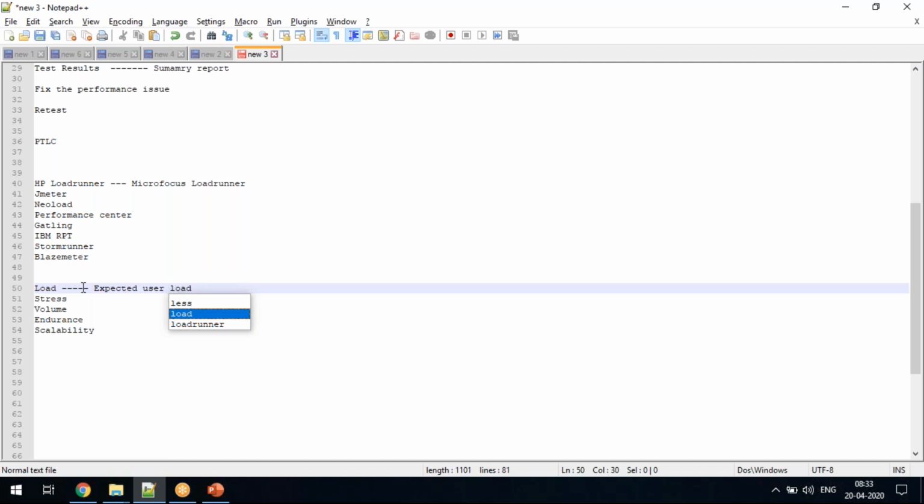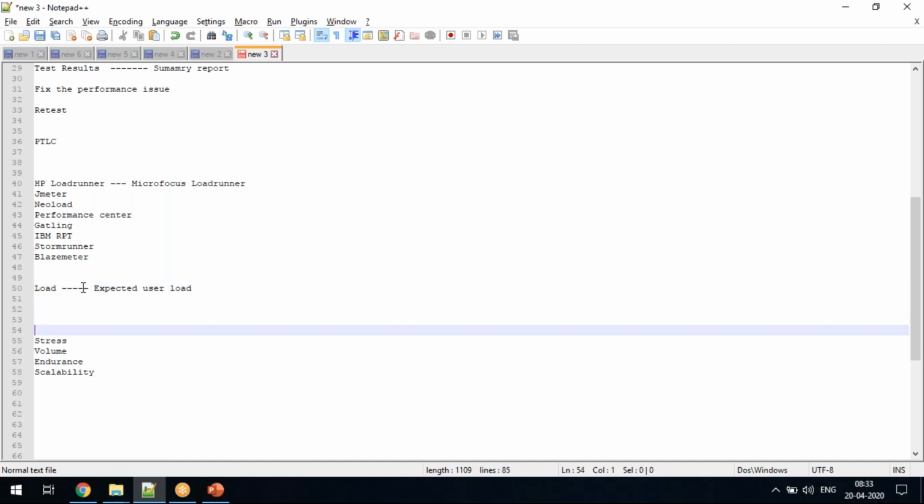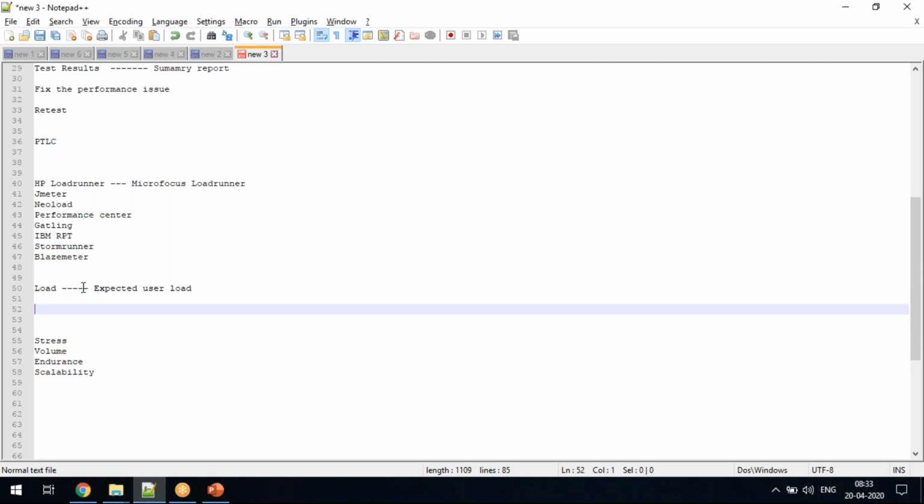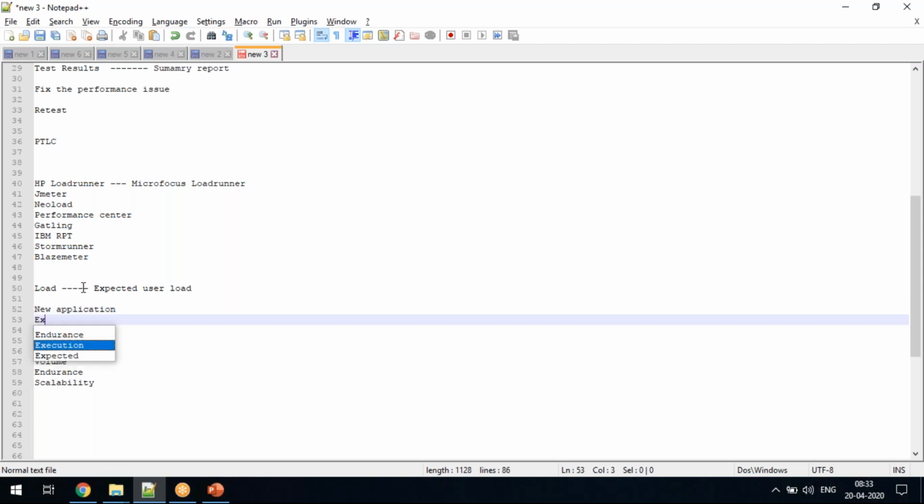Okay. What is that expected user load? Usually how your application will be accessed, either if it is a newly developed application, or if it is an existing application.